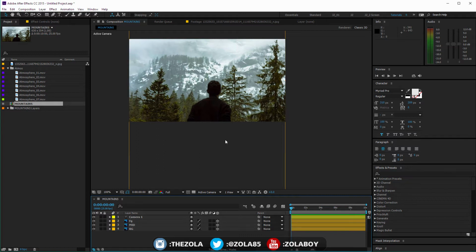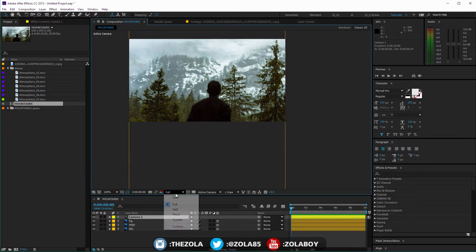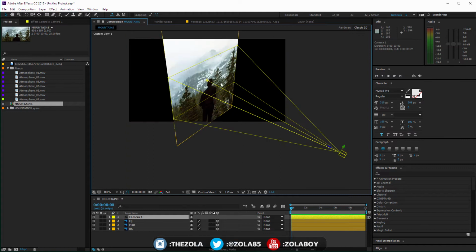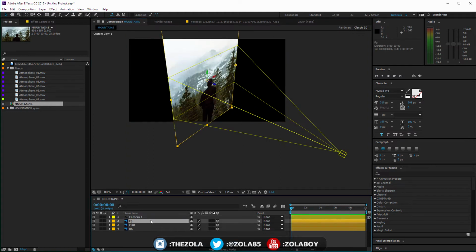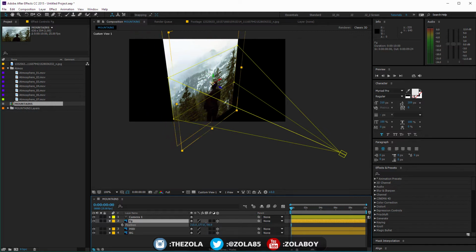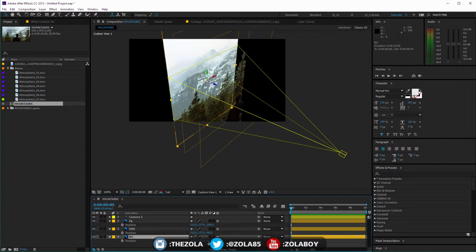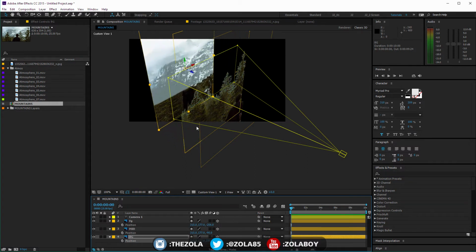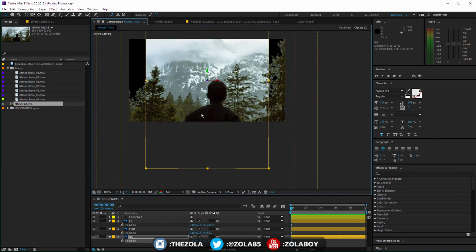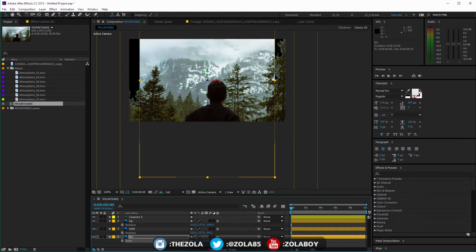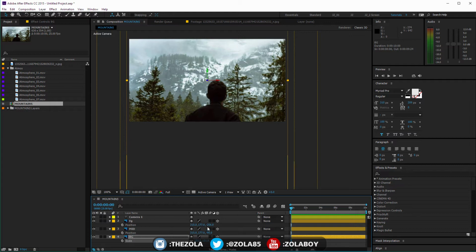I'm going to make all three of these 3D, and let's have a look in our custom view what we're doing. So this is what we have at the moment. So what I'm going to want to do is bring the foreground forward, so this needs to be closer to the camera, the mids, and you know, I'm not quite sure how far this needs to be yet, so we're just gonna have to play with this, and I'm gonna push the background like way back and come back into active camera and see how that looks. So obviously that looks a bit weird right now, so the background needs to be scaled up, and you know, the midground looks fine.